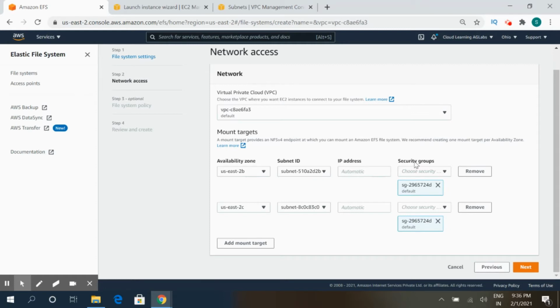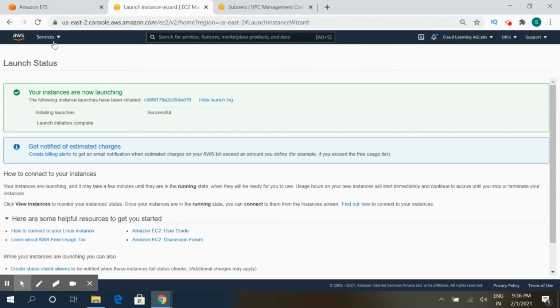The next one is the security group. So the security group is basically allowing the inbound traffic to this EFS where all the IPs are being listed. So in this security group, currently we have to define the NFS ports to be enabled so that it can be accessed through this security group. So for any security reasons, if you want to restrict the access to this EFS, then security groups will be the key point which needs to be altered or configured as per our requirements. So let me show you.